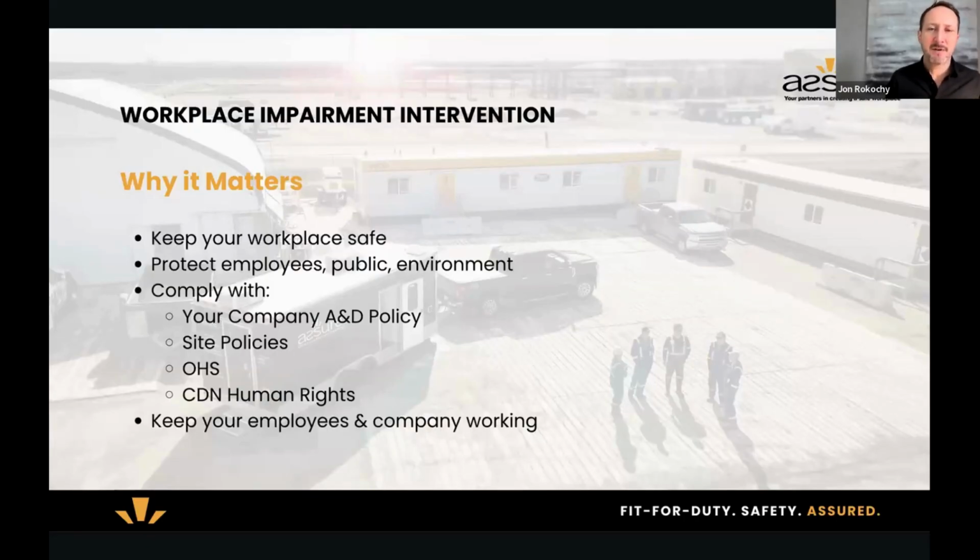This is an important piece of a reasonable cause intervention: you do not have to be 100% sure that this person is impaired by a substance. It's definitely drugs, it's definitely alcohol, it's definitely medication. You don't have to be 100% sure. You just have to have reasonable cause, reasonable grounds, reasonable suspicion that they may be. And you're going to make sure that you document this. There are lots of other things that go into this, which we'll unpack as we go, but you just need reasonable cause that they're presenting as not fit for duty to take action. It matters because you have an obligation and a responsibility to keep your workplace safe. So you have a responsibility to protect the employee in question.